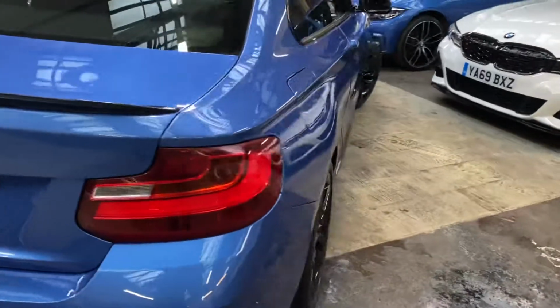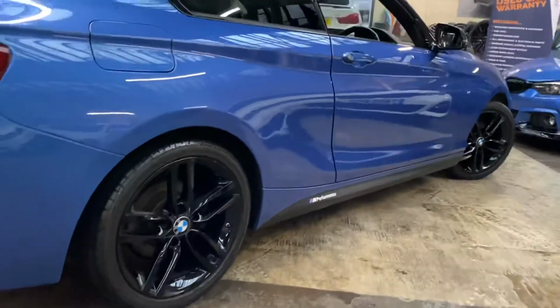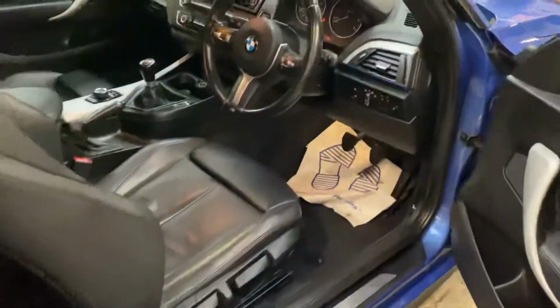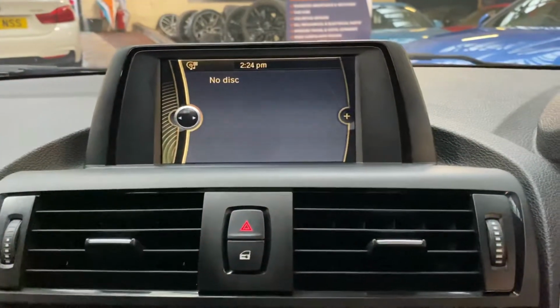Round at the other side of the car now, again everything's clean and tidy as you would expect, and everything is working well with that exterior colour. I'll now quickly take a seat inside and run you through a couple of the interior features, beginning with the BMW Business media unit this vehicle comes with, and we'll also start the car up and go through a couple of